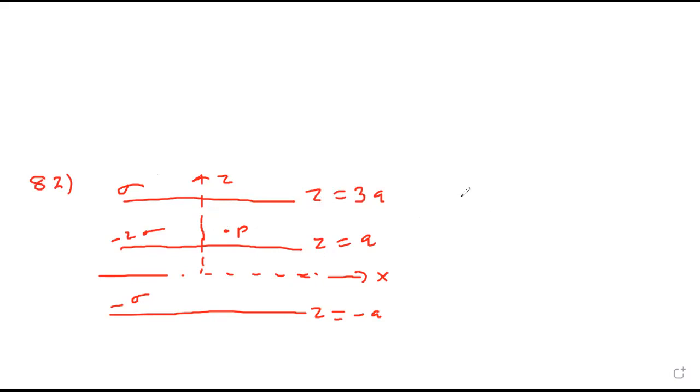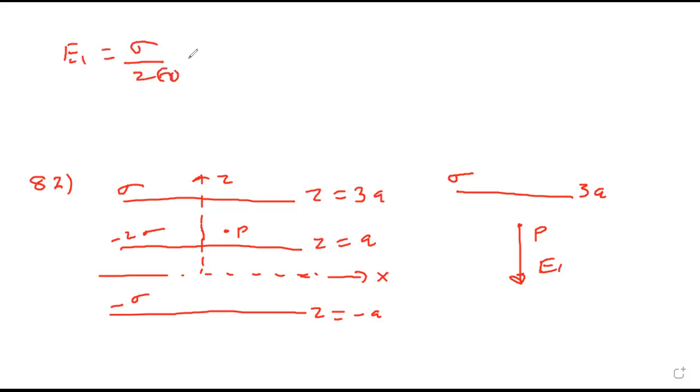So if I consider this 3A, on this sigma is the charge density. P is this way outside. Positive charge, so direction will be outward like this. This is E1. Can I say E1 is this? And value is sigma upon 2 epsilon naught. Any doubt? No doubt, sir. In direction? Okay, no doubt in direction.